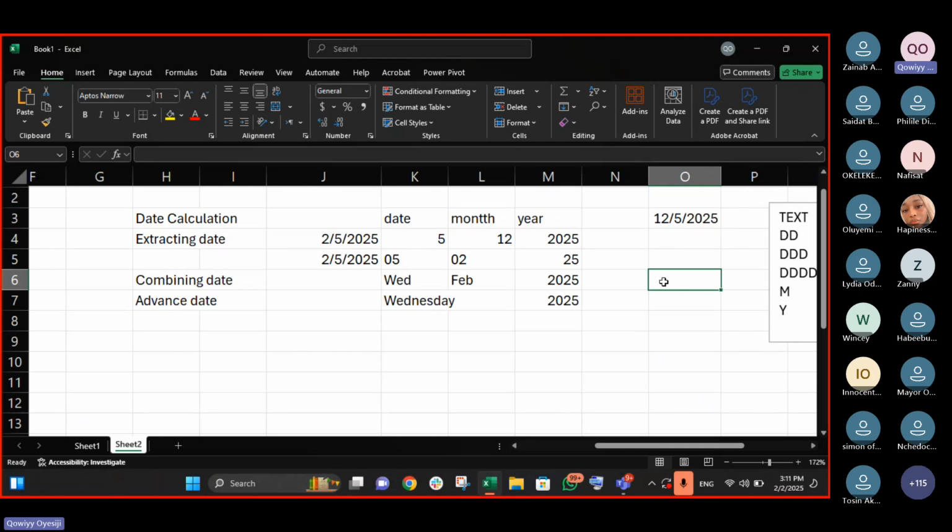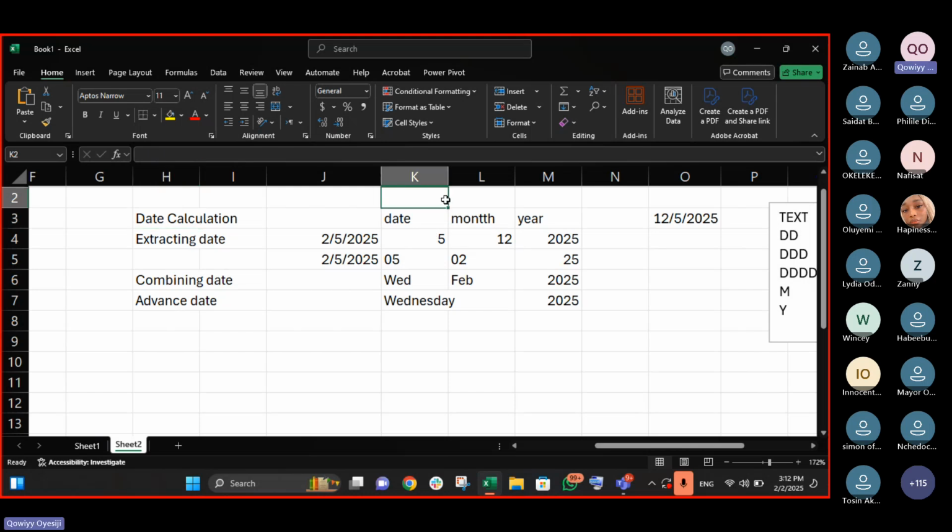So we've learned how to extract dates and to combine dates. Having now extraction, I've taught you two methods: the method of the date, the month and the year, then the method of the text. Now, to combine that, I've also taught you. Now, there might be a situation where we have some dates and we want to know the difference between two dates. So we have some functions for doing that also. That is where the date calculation comes in.